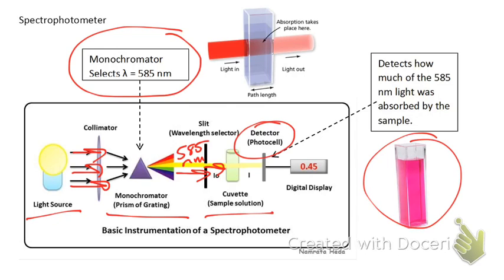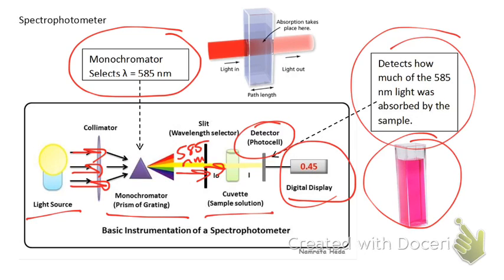And that photocell is going to tell us how much light was absorbed and how much light was not absorbed, and that's going to be digitally displayed. So again, the photocell or detector detects how much of the 585 nanometers of light was absorbed by the